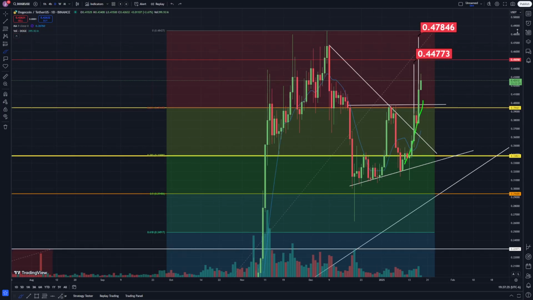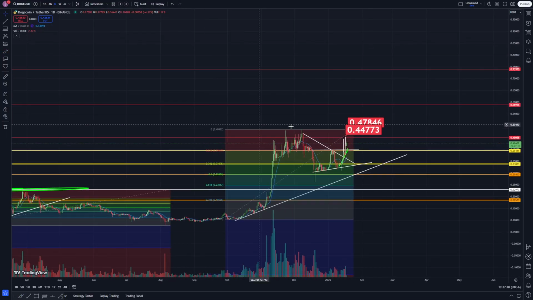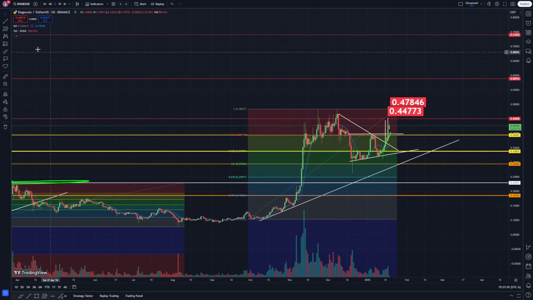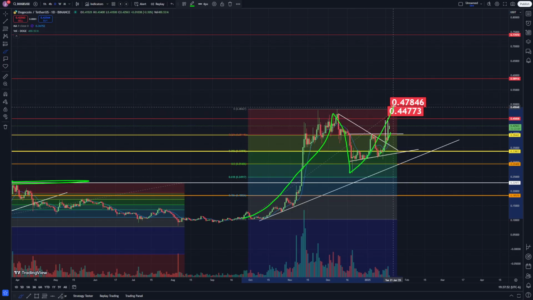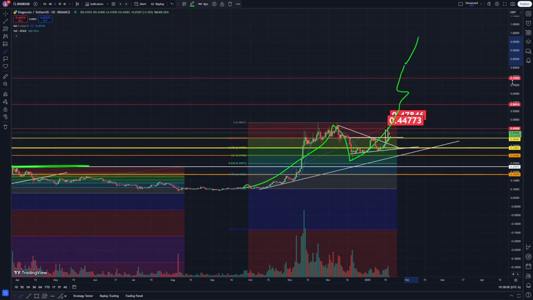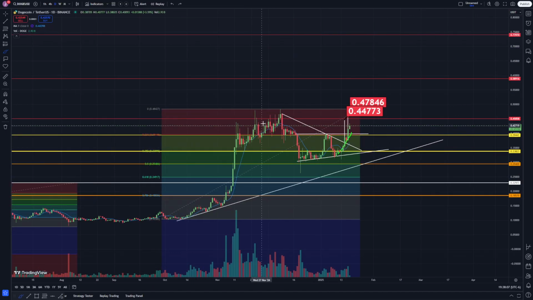The other thing that could possibly happen is if we zoom out, like I was saying, what if this is about to do a monster run and go boom, retrace 50%, a little bit more than 50%, and then get a big, huge run out of there, blow the top off, maybe hit $1 or something like that. I don't know. It's hard for me to think of where it would go,